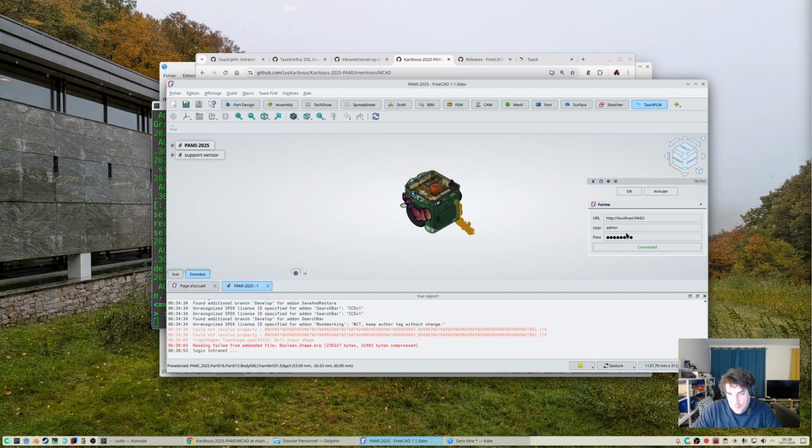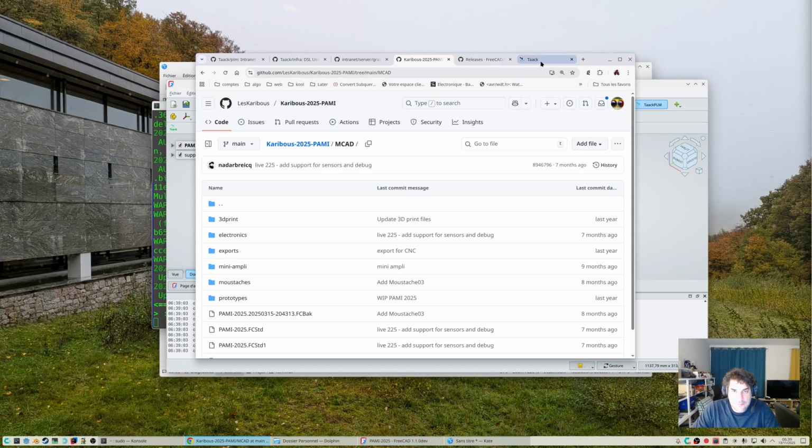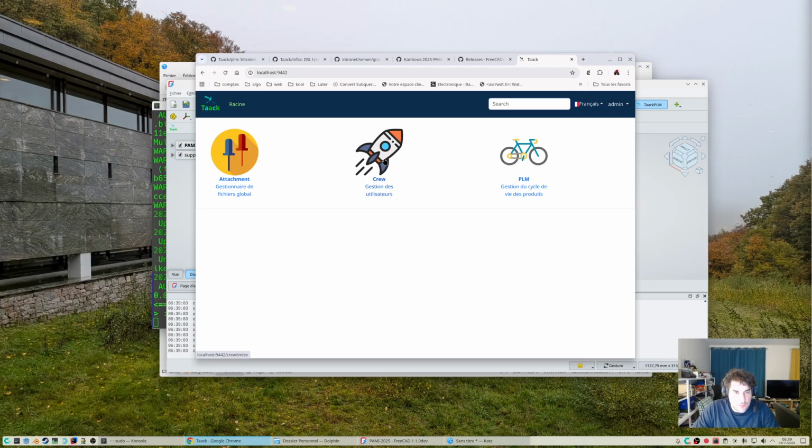Now the PLM is connected and we check the main file is selected, and then we can click on OK to upload the file to the intranet. So here, just one word, we see the crew application and attachment application.